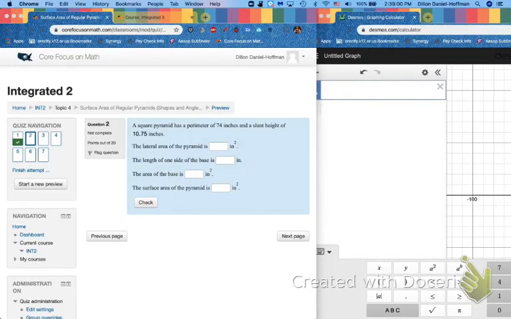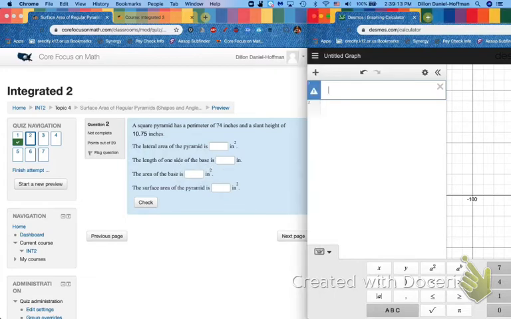Now that we have those formulas. A square pyramid has a perimeter of, now you're going to have a different number than me. Mine says 74 inches. And a slant height of 10.75 inches. The lateral area of the pyramid is blank. Okay, so hopefully you're looking at your sheet next to you. Lateral area